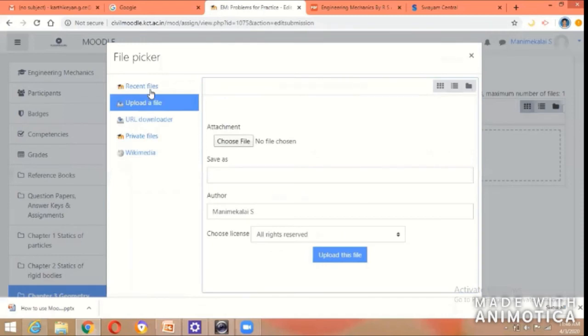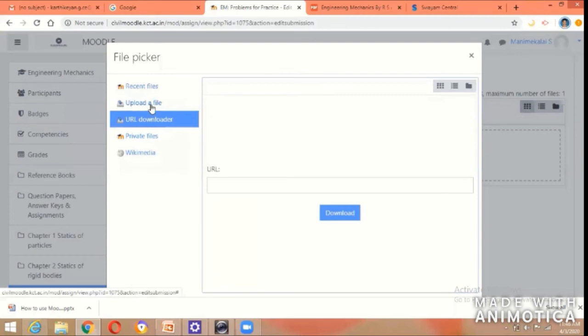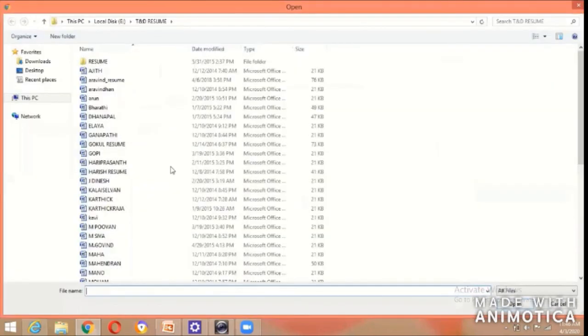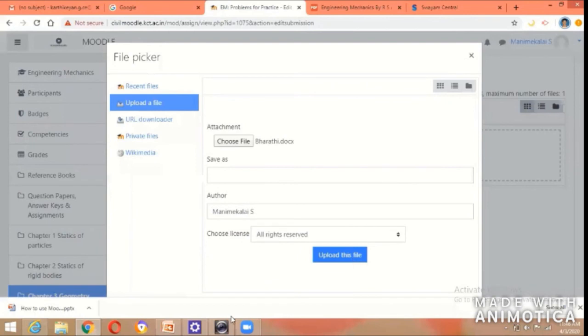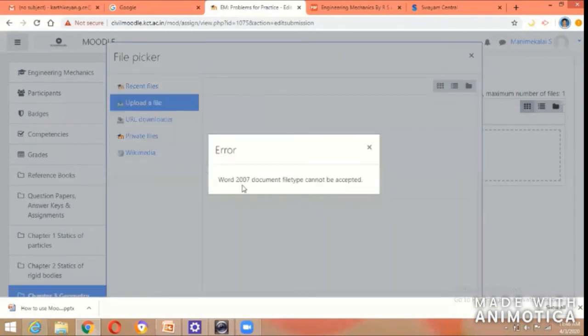So I want to add things. If it is not enabled, suppose your file is like this, you can just upload a file. Choose file, you can take any document. Open. I just uploaded a document, but there is an error message saying Word 2007 document file not accepted.